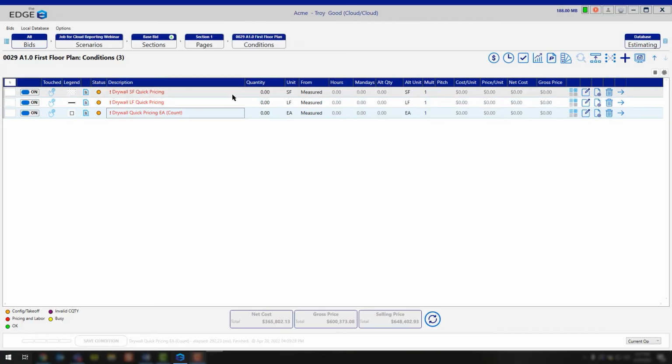Today we're going to cover the quick pricing conditions that you have the ability to use. Now, these quick pricing conditions, even though the video is going to show drywall, these are available to you in every trade. Ultimately, you can pull these quick pricing conditions in from the database. In the search bar, just type in quick, and then it'll be a quick, easy find for you to find